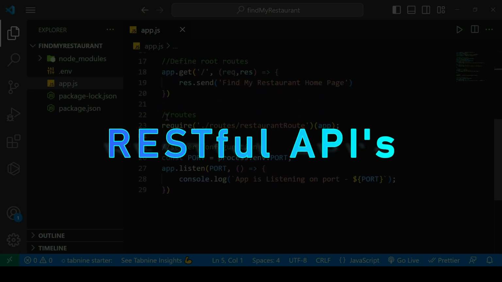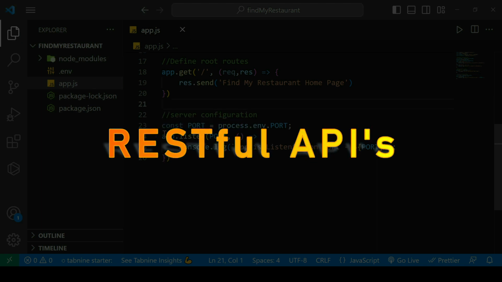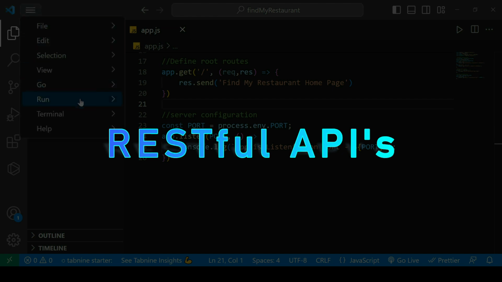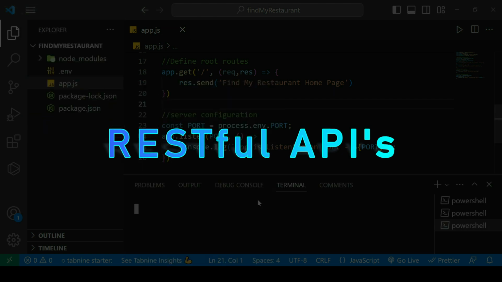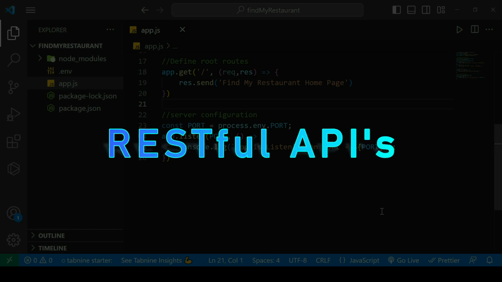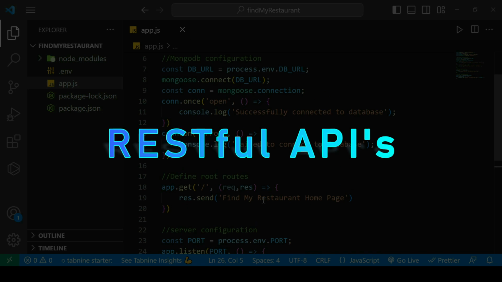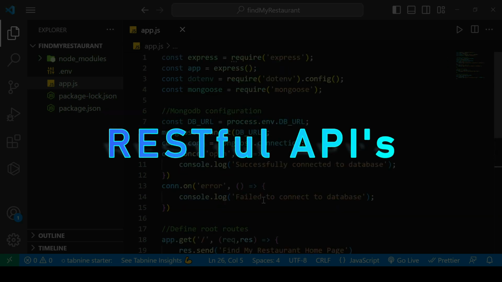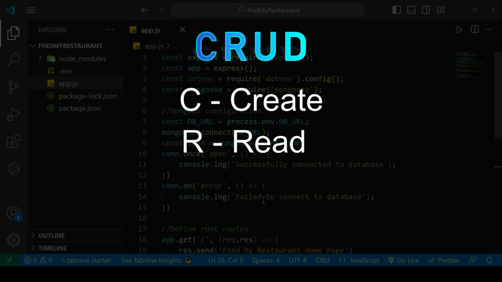In this session, we are going to focus on the heart of our application, the RESTful APIs. These APIs will serve as the communication channel through which our front-end and back-end interact, allowing users to seamlessly explore and interact with restaurant data. The magic of RESTful APIs lies in their simplicity and effectiveness. They follow a set of principles that enable us to perform various operations on our data, such as creating, reading,